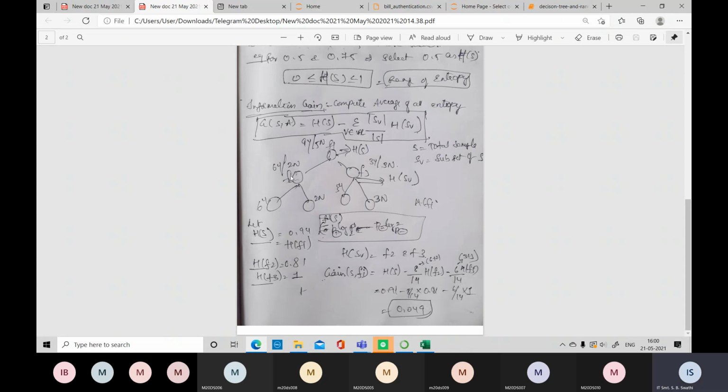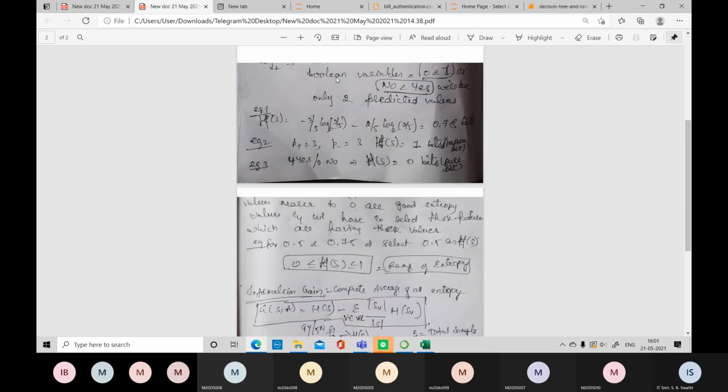So the entropy value here, what is SV here? Subset means how many here? 6 plus 2, 8 are there. Out of how many? The parent node actually has 14 rows of data. 9 plus 5, 14. 9 true, 5 false. 14 is the total rows under the root node. Here, how many rows are taken? Only 8 rows are taken. So 8 will be SV divided by the total rows 14, into the entropy we have calculated. We have used the formula. What is the formula we have chosen?